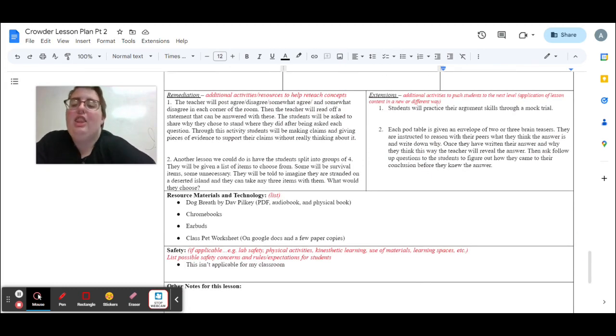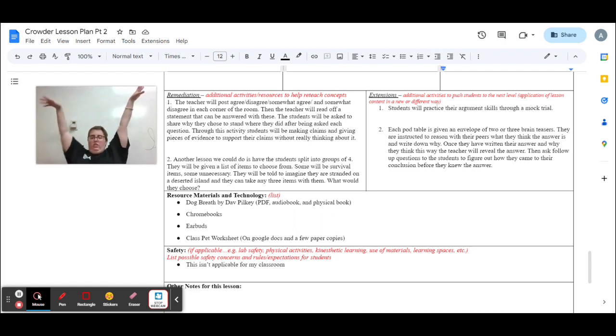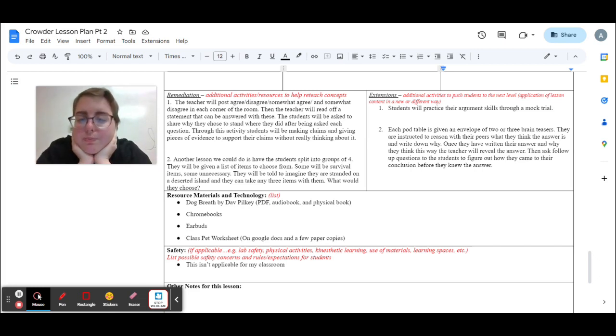Remediation. This is where the teacher will post agree, disagree, somewhat agree, and somewhat disagree in each corner of the room. Students will read off a statement that can be answered with these, and then students will be asked to share why they chose to stand where they did after being asked each question. Great, because it gets them moving, it gets them excited to share their own opinions and